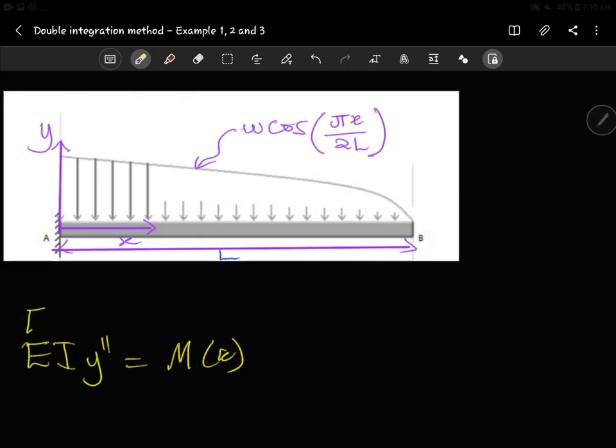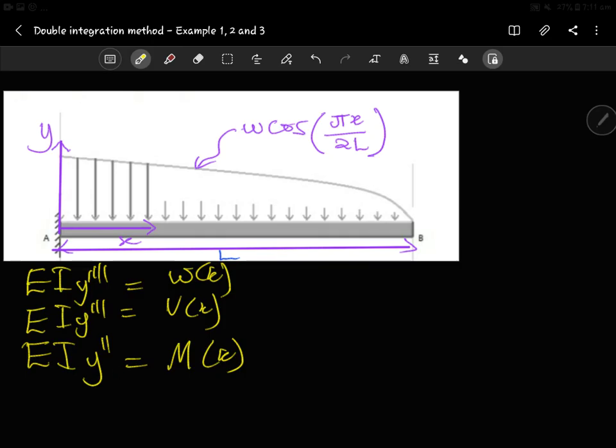So when we have EI y third derivative, this is where we have the shear force equation, right? And then when we have EI y fourth derivative, this is where we have the load equation, right? And then we have this, which we've already said,